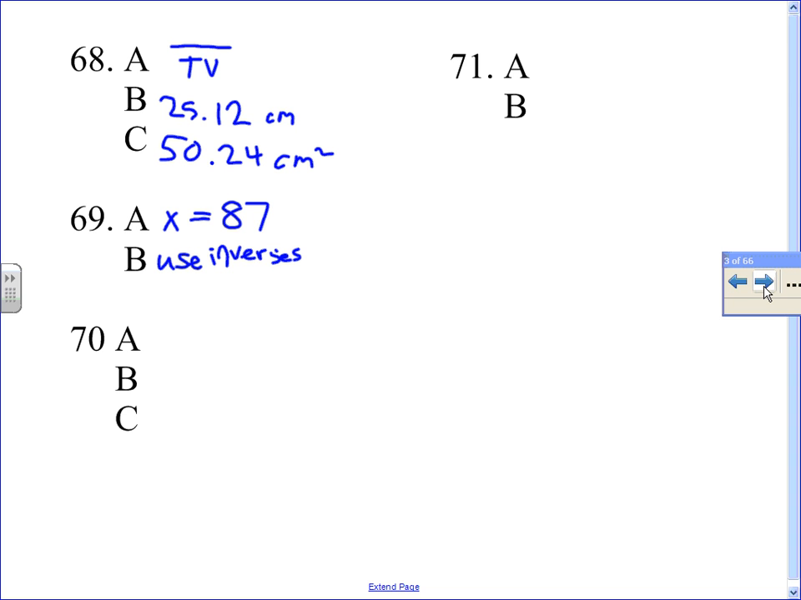All right, 70 is not up here. And actually, let me move this. Okay,